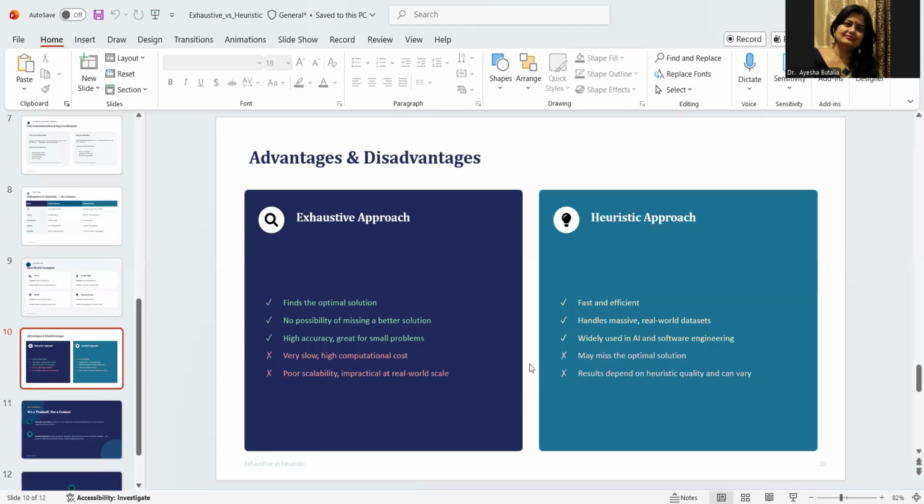So on the screen, as in the previous related topic of comparison between the two, you can also relate the advantages and disadvantages. You can take a screenshot and relate it with the previous slides, and definitely this would be the takeaway of both your approaches, and very confidently you will be using the heuristic approach. But yes, always don't forget,